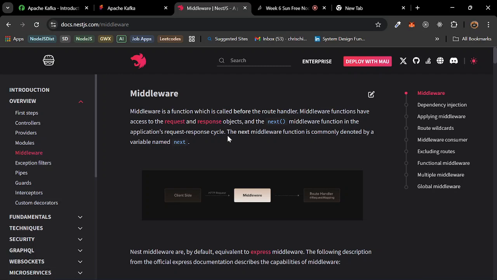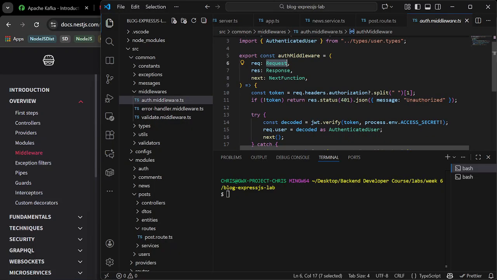So when it's executing, you can have access to the request and try to fetch what is coming in. Then if you check the request and see that something you're expecting is not valid, you can use the response here to end the request cycle.